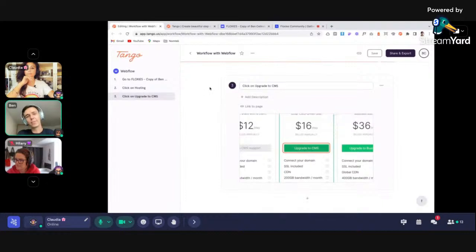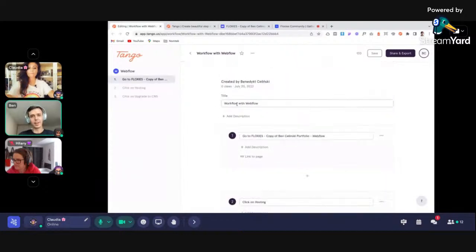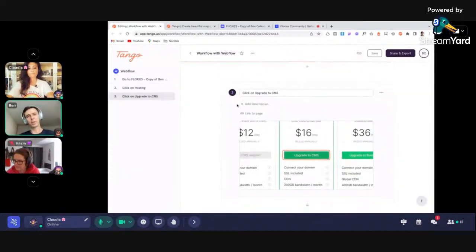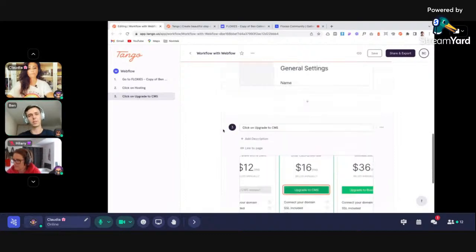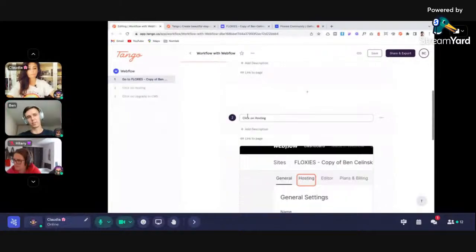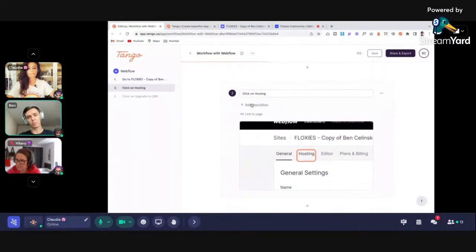You have your steps, you have your ready-to-go screenshots, and all you have to do, if you have additional clicks or something that requires extra context, is change the names of the steps.